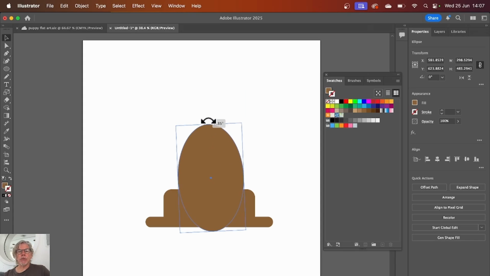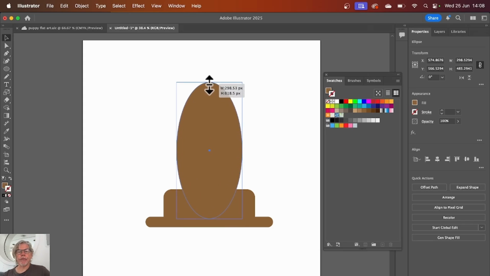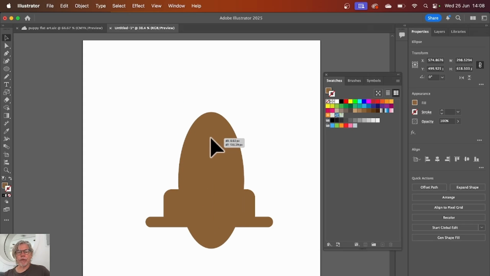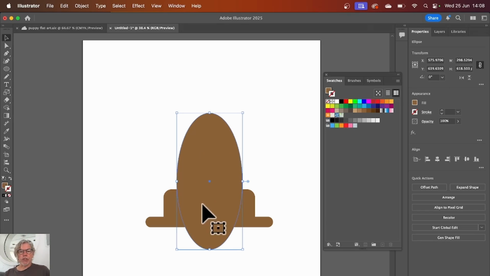Let's make it a little bit taller. Oops. If you make a mistake, just use Control Z on a PC or Command Z on a Mac. We'll just pull that up a little bit like so. I'm going to pull it down to there. Now, the first thing that we need to do for the body is to get rid of this bit at